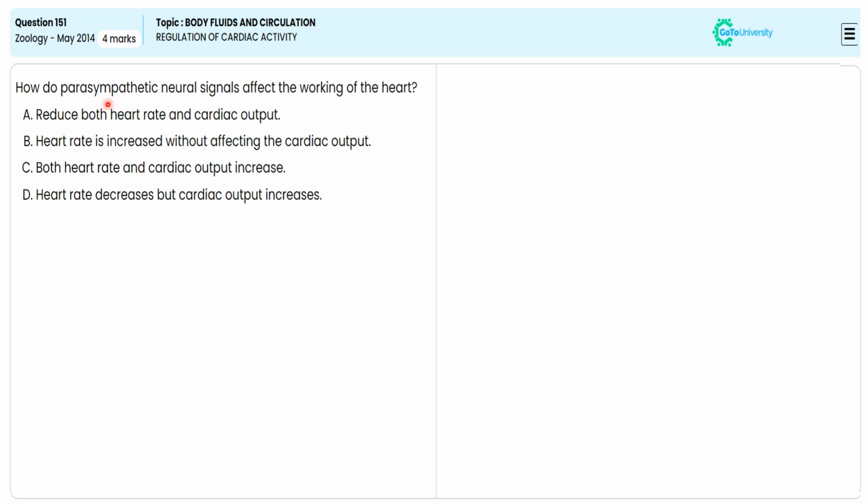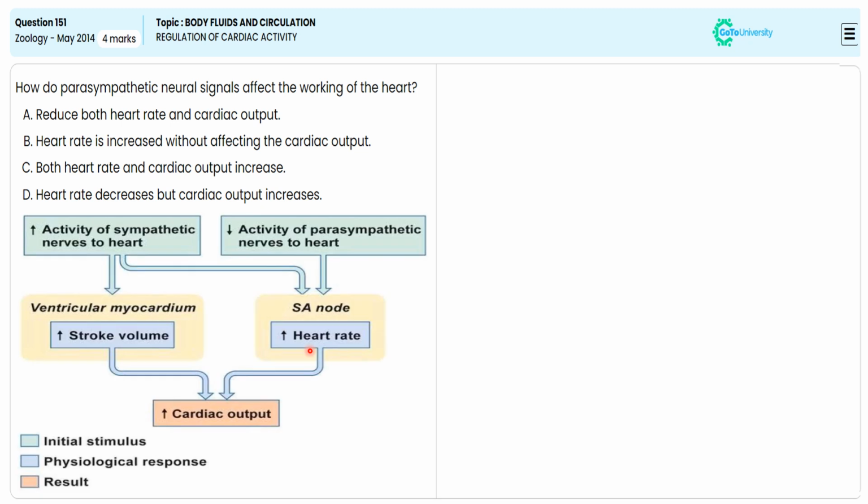In this multiple choice question, from the given options, they are directing us to specify in which way the parasympathetic neural signal controls the heart. For that, let me understand the various types of neural tract responsible for controlling the heart function. In this particular flow chart, if the parasympathetic neural signal activity is less, heart rate increases, so that cardiac